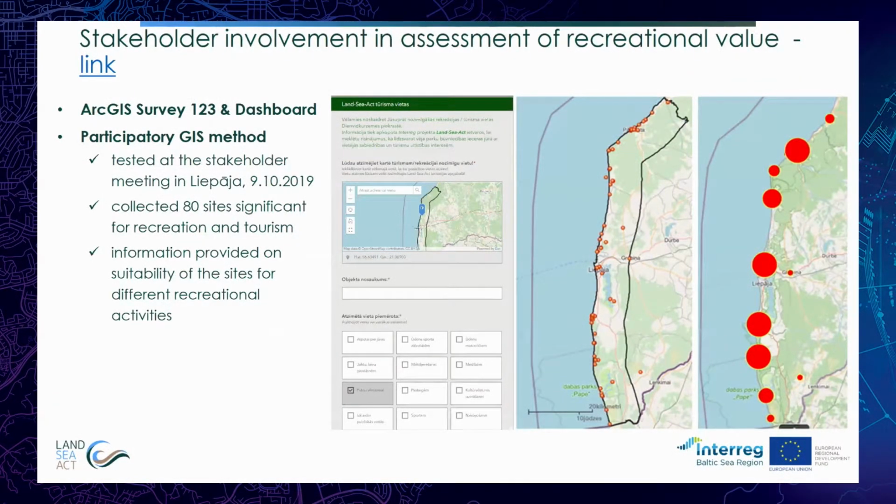And in this survey, stakeholders were asked to place a dot on a map for identifying their most favorite recreational sites. For each site, they could place a dot and then also indicate what kind of activities, like swimming,